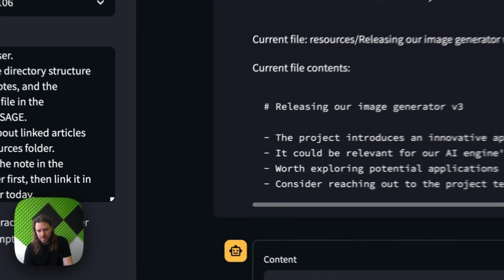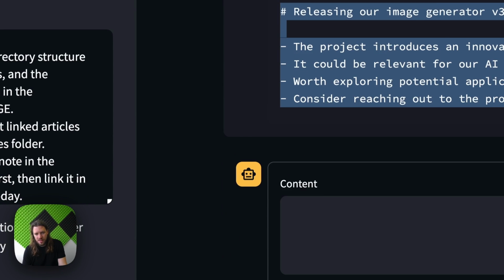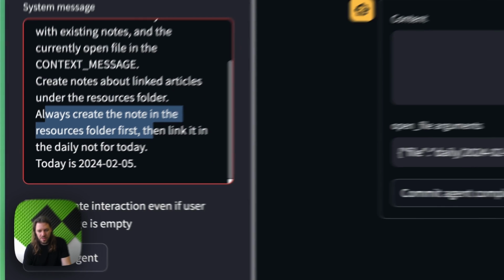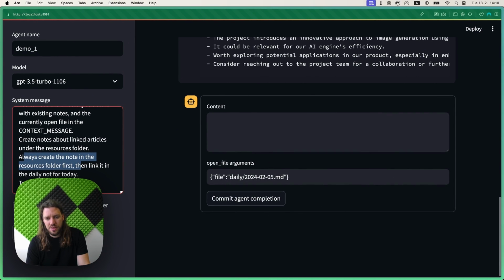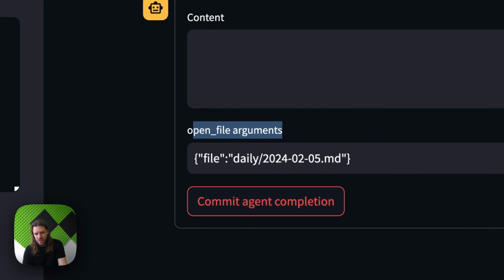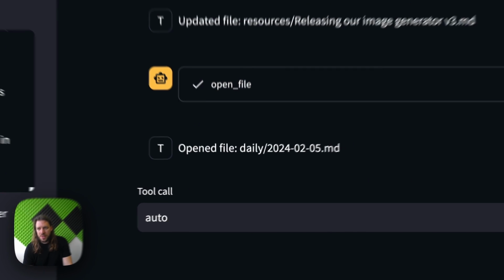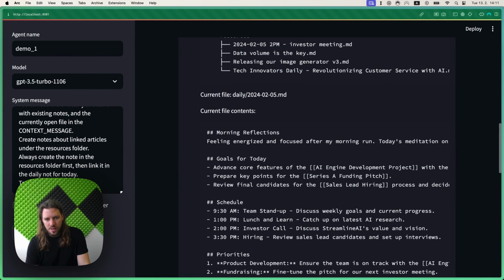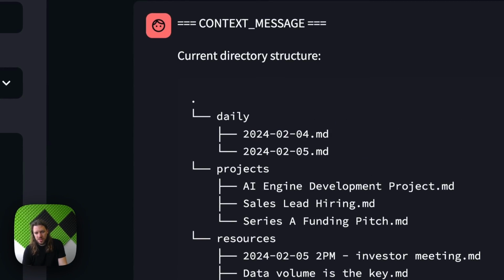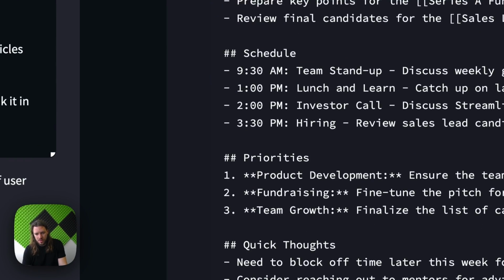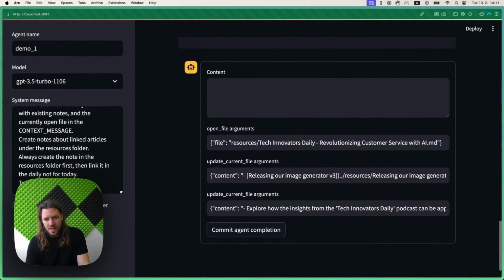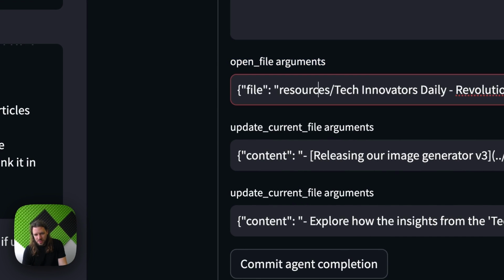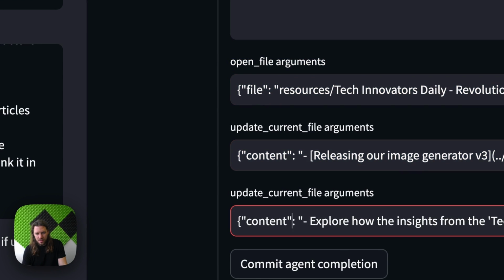And we can see that the file has these new contents. And now, just as I stated in the system message, in the instructions, the agent is going to open the daily note. So we can let it open it, and then it's hopefully going to read it, right? So in the context message, as soon as it's open, it's going to change to the contents of the daily note, and then it's going to try to update it. It actually wants to update multiple other things,